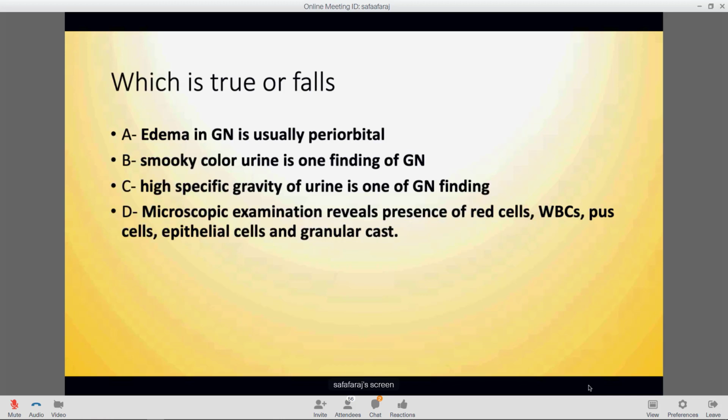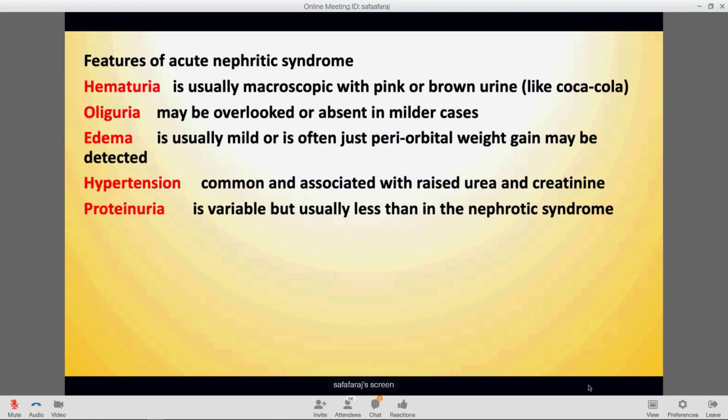Dr., microscopic cell examination reveals the presence of red cells, white cells, epithelial cells, and dark picture. Excellent. Okay, thank you. A feature of glomerulonephritis syndrome, which is another name or term for glomerulonephritis, is hematuria, which is